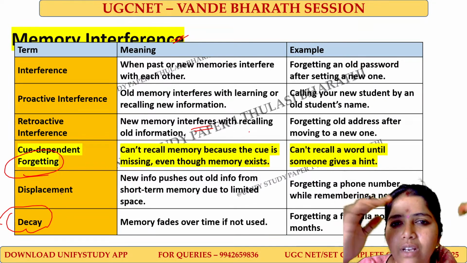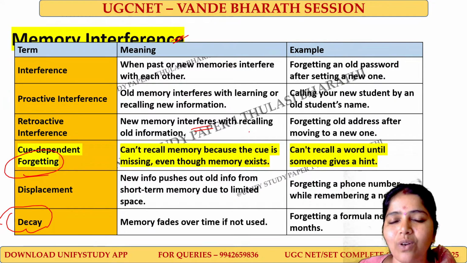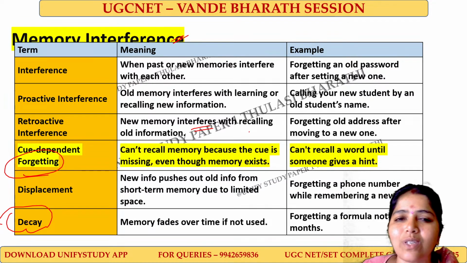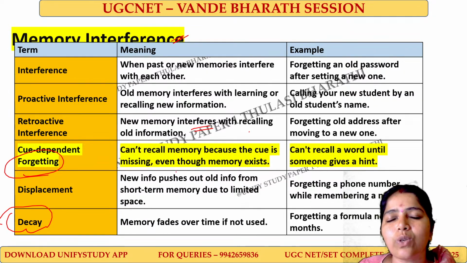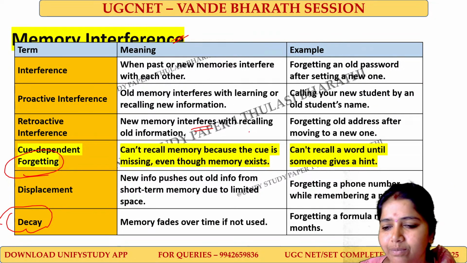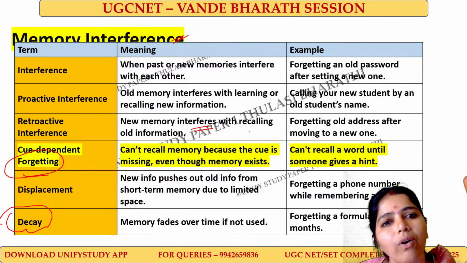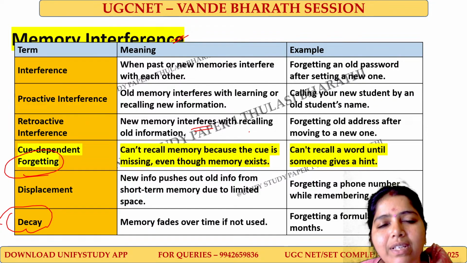As we are not recalling anything, what will happen? That is called decay. Decay means the memory fades out because that neuron is not being activated, because the information is not recalled. Whatever we learned, I tell this again and again, please do recall it. Whatever we have studied, the keywords and the examples we have given have to be recalled.